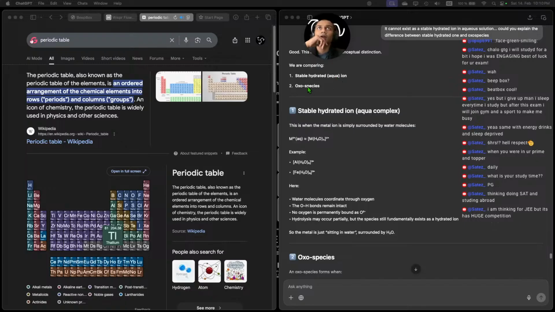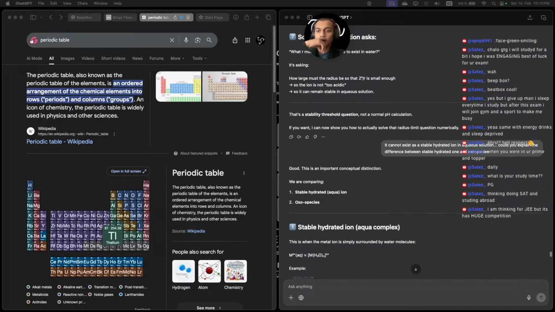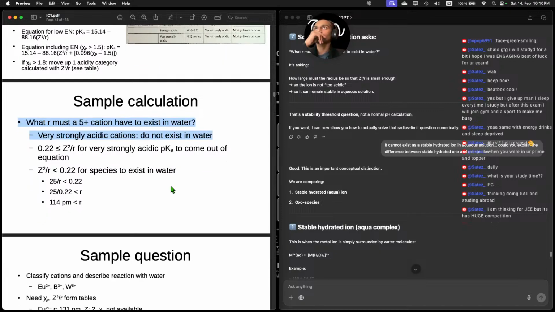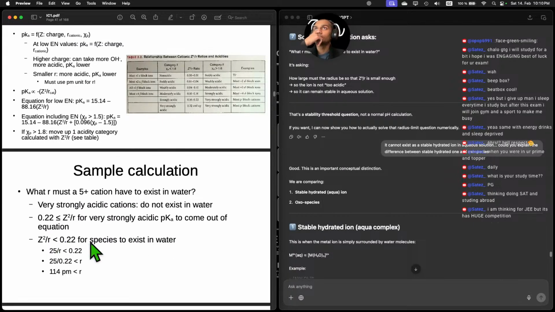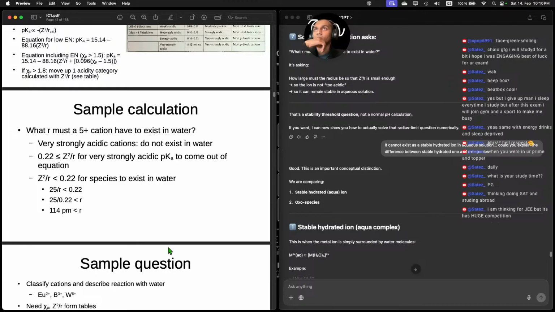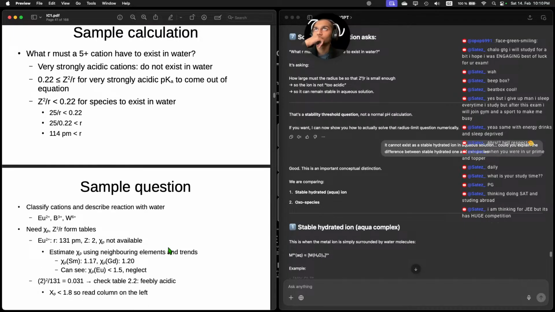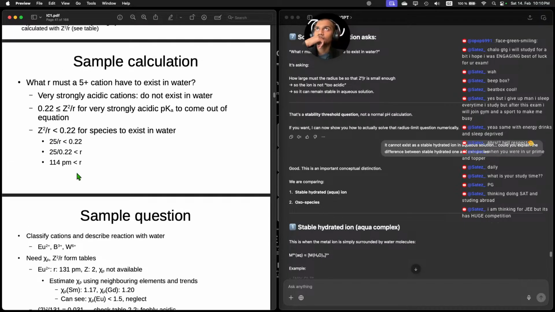Stable hydrated aqueous oxo species. Stable hydrated ion. This is when metal ion is simply surrounded by water molecules. Oh, okay. That's the difference. Got it. So Z squared by R. Is there a name for this ratio though? No. But if the ratio is higher than 0.22, then they can exist in water. Okay. From that, it means